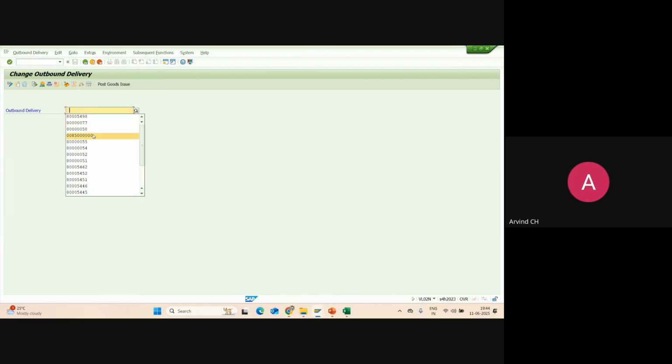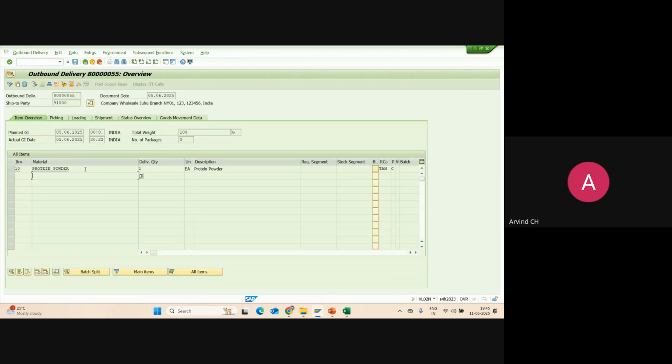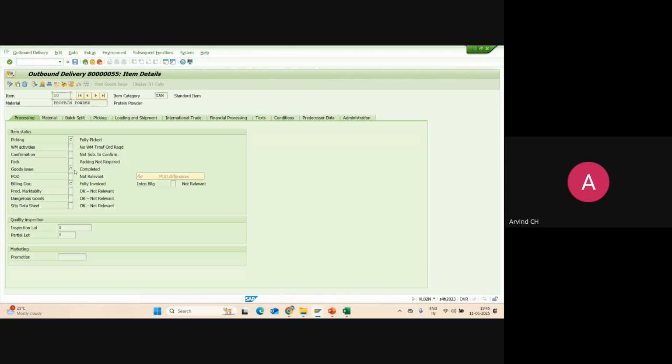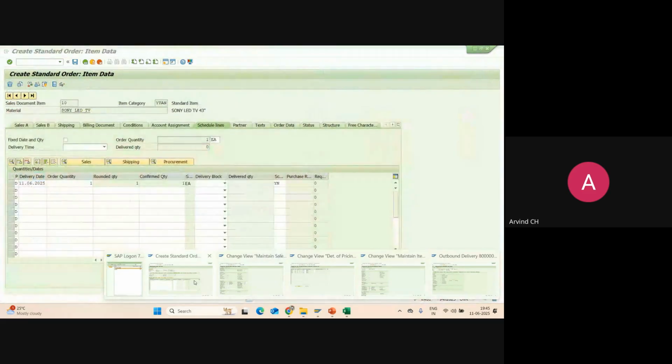So let me take this one. Okay. See, this is the item. Within the item, do you see any schedule line here? No, right? The schedule line will not be available either in delivery or in billing because